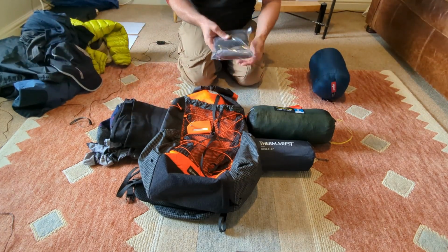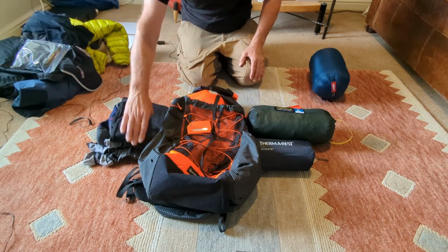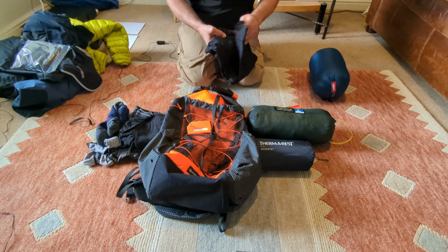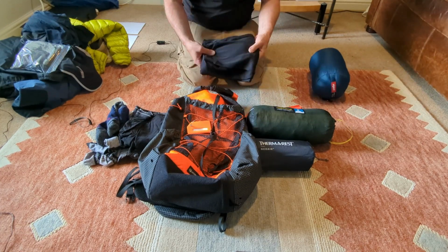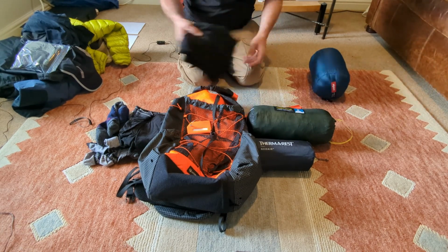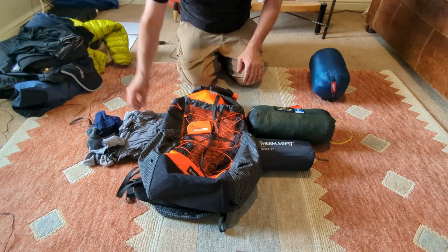Pair of fingerless gloves, a buff, these are actually synthetic leggings. I'm going to be taking my merino wool ones, synthetic base layer those are. Some underwear, two pairs